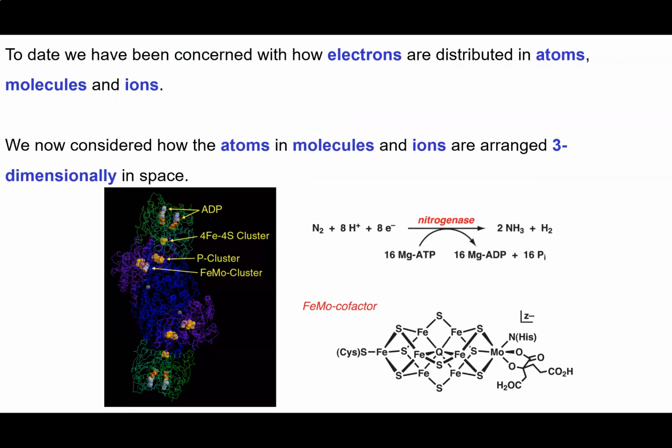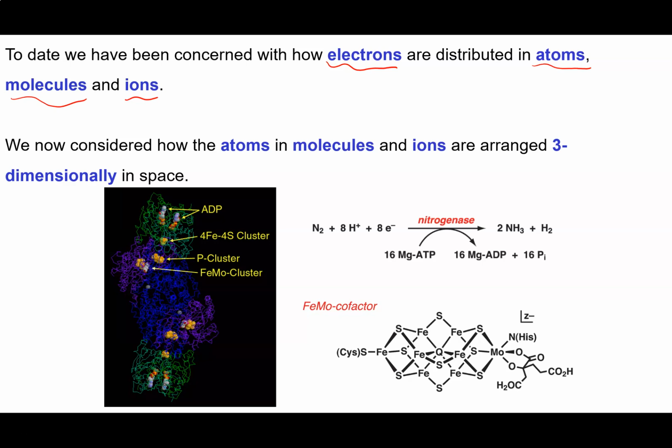So what we've been concerned with to date is how electrons are distributed between the different atoms that make up a molecule or perhaps a polyatomic ion. So we've really been looking at how electrons are shared between atoms, or alternatively how electrons are transferred between atoms. What we're going to do now is consider how the atoms themselves are organized in three-dimensional space, and this is